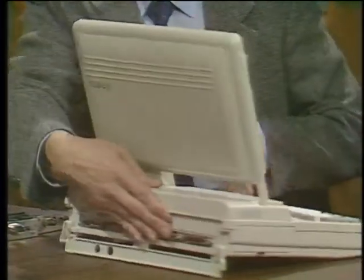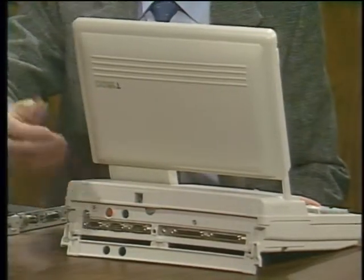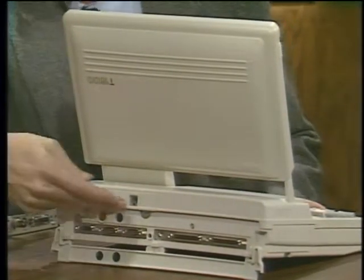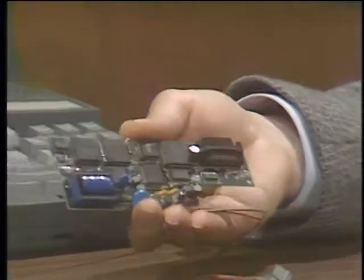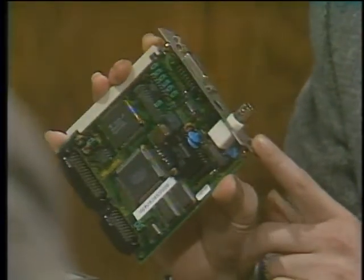On the back here, you've got all your standard ports. There's external video for an EGA monitor, 2 serial ports, parallel, external floppy in case you need to convert. It's also got a space here for a modem, which would be this kind of modem here. And then on the side, there's a little door that opens, and we have one of our Toshiba slots, and that'll take this other kind of modem here. We've also got, what is that, Ethernet board now. This is Ethernet. It's got both the thin and the thick cable Ethernet. We also have an expansion chassis card that goes into that slot. So we offer expandability